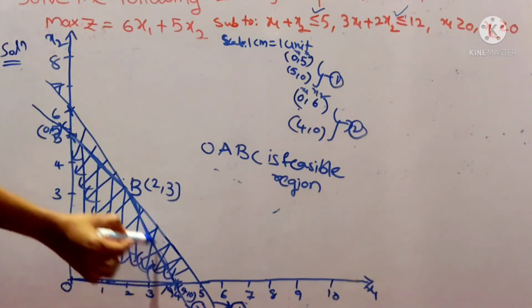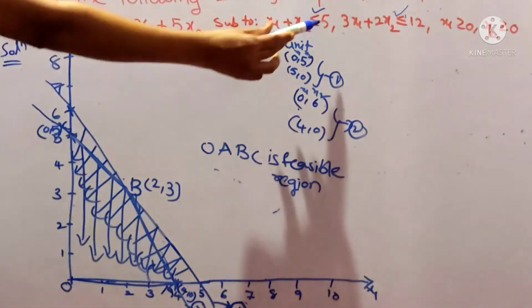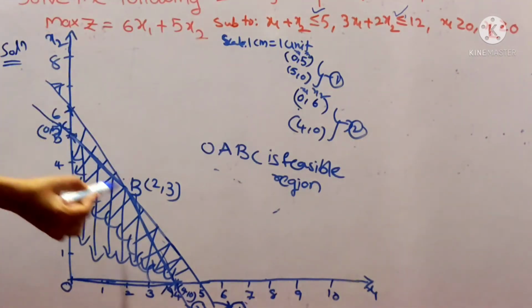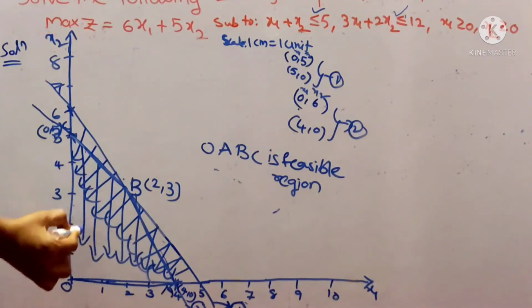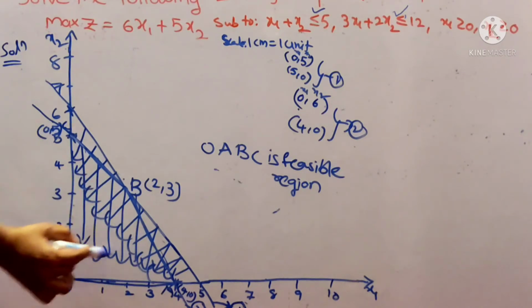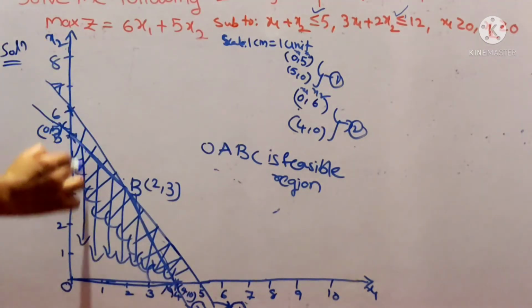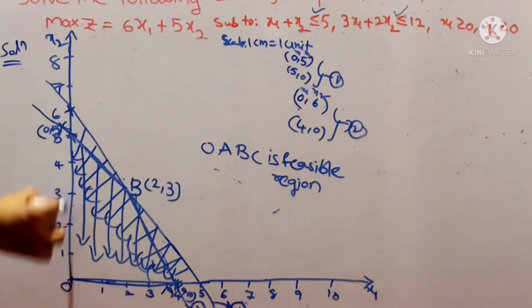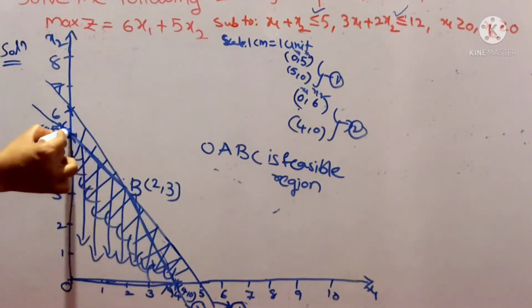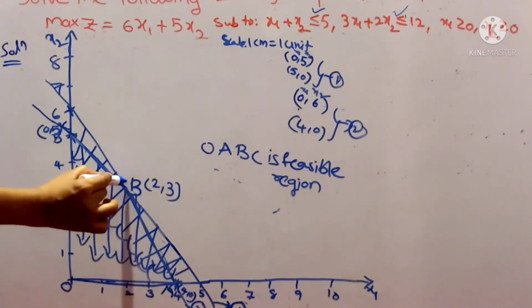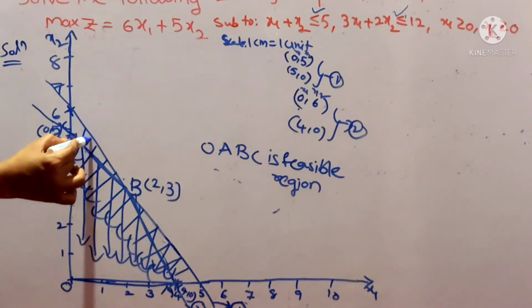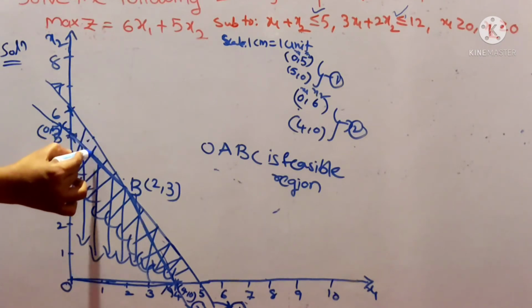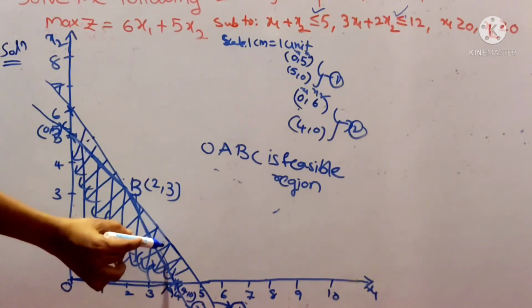Now observe the corner points of this feasible region. Here you can observe B is the intersection of both the lines. The point of B is (2, 3). If you take a graph paper, it will be easy to construct a graph. If any of the constraints in the given question is greater than or equal to type, then you shade the area above the line. For this question, this is not here.